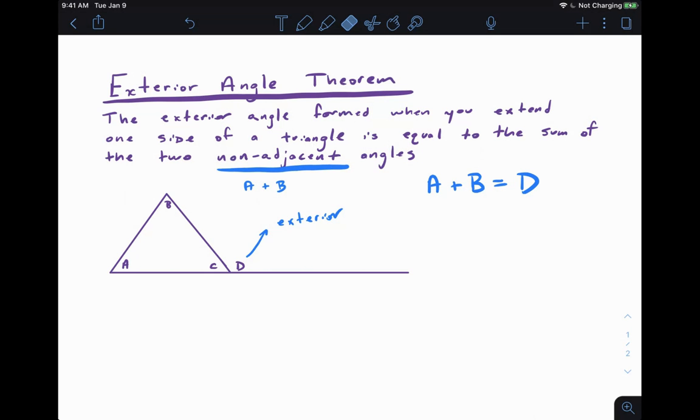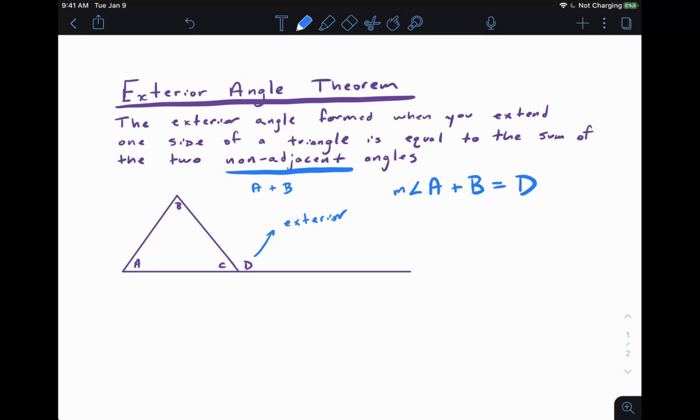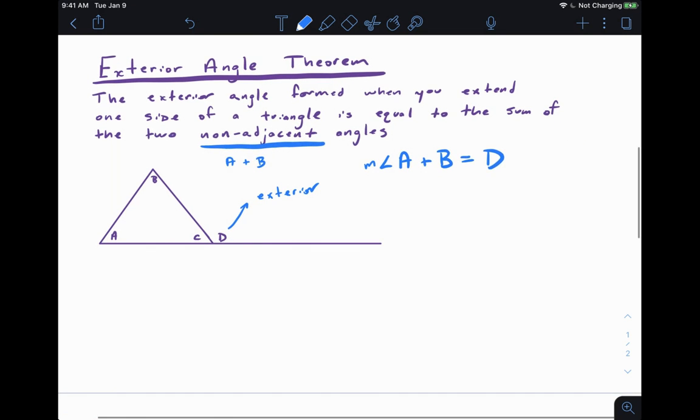And let's go ahead and prove or show where this one's coming from. So how we do this is somewhat similar. We're going to use the triangle sum theorem that we just talked about. So what did we just learn? We learned that angle A plus angle B plus angle C, if you add them up, you get 180. Good timing that we just learned that.